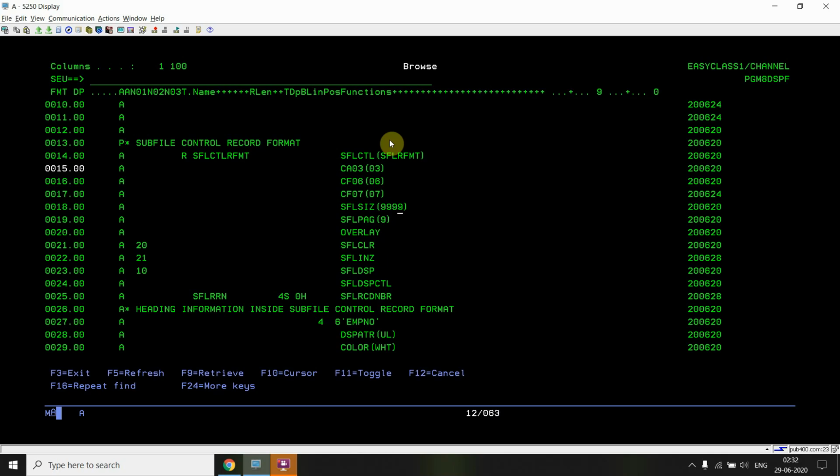Now you can see that this is a load all subfile. Subfile size is 9999, subfile page size is 9. So on one page only 9 records get loaded, and others will be loaded on the next pages till 999, because this is a load all subfile.